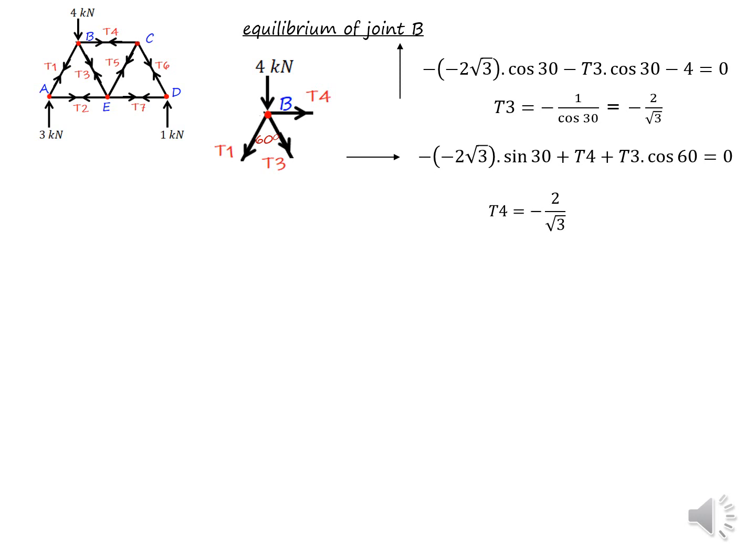Similarly, for the equilibrium in the horizontal direction, see the equation: minus 2 root 3, that is T1, which we got from the previous joint analysis, and the minus sign in front of that